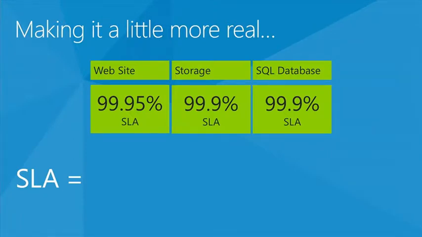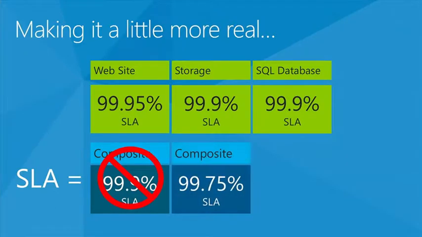And if you could synchronize all of the failures to always happen at the exact same time per service, your SLA would be 99.9. But the problem is, typically, your storage system, your database, and your web tier will not cooperate, and they will fail at different points in time. And so what ends up happening is your actual SLA is not 99.9, it's actually 99.75. Because those minutes of downtime can happen independently, they add up, and that's what your app SLA ends up really being. And that ends up being probably 12 hours a year of downtime, which might be more than what